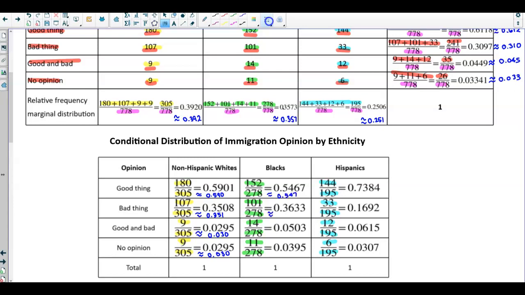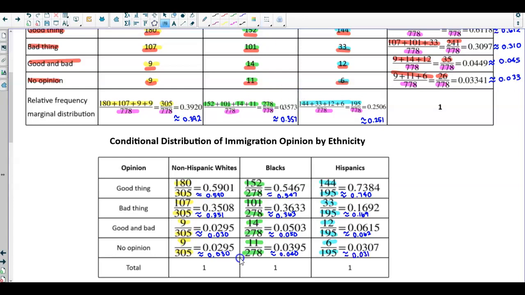Okay, the next one, we're going to round to 3 decimal places, which is 0.547. Round this one to 0.363. Round this to 3 decimals is 0.050. Round this to 3 decimals, 0.040. Rounding this to 3 decimal places, 0.740. Rounding this to 3 decimal places, 0.169, 0.062, and